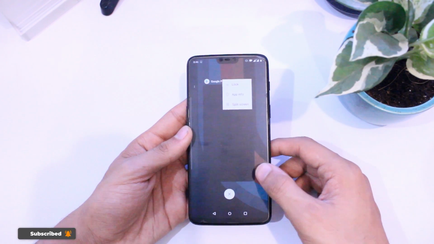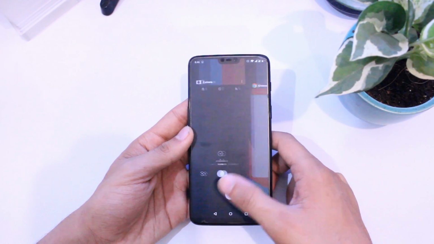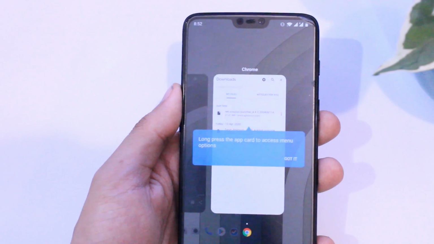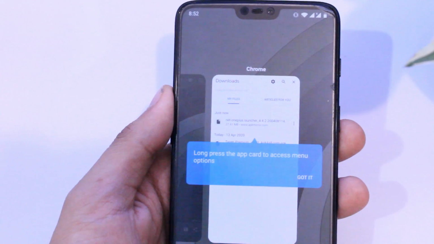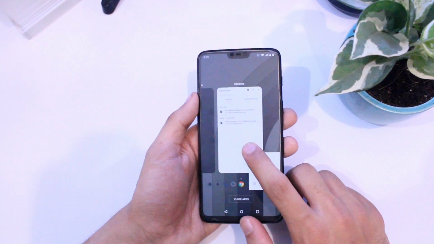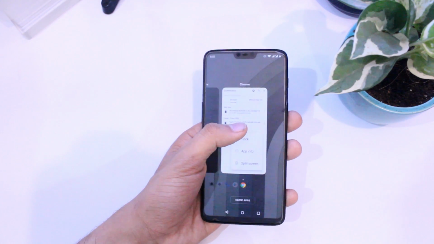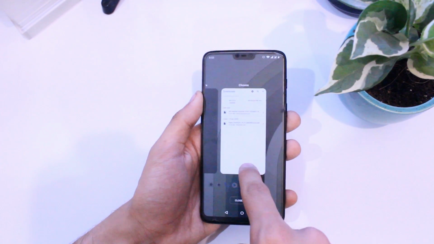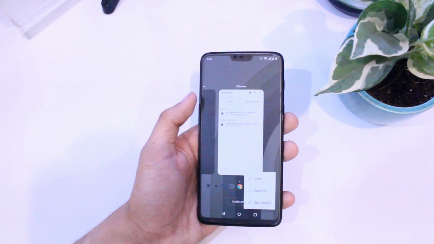Now the 3-dot menu options are gone from the recent screen, and I used to like the previous UI because now you have to long press and get that list of options and then go for the action you wish to perform. So I have mixed feelings for that, but this takes it more close to the Pixel type UI, and I hope you guys will like all the add-ons, as they are a step in the right direction.